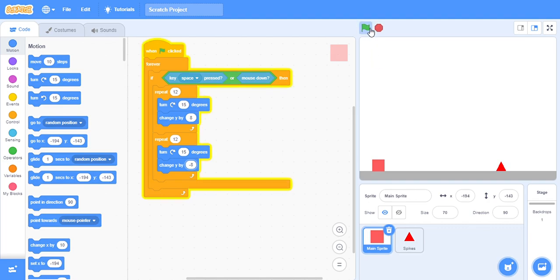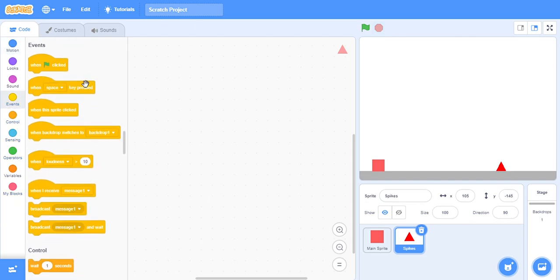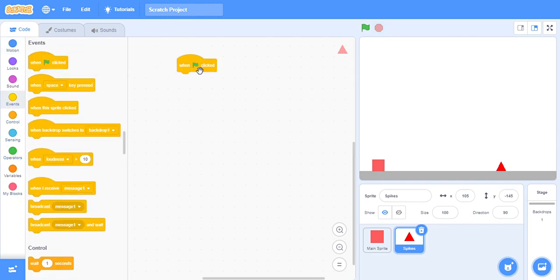So now if you press the space key, it moves like that character in Geometry Dash. I don't know whatever that is called, but now we're gonna code the sprites, spikes. So when green flag is clicked forever,